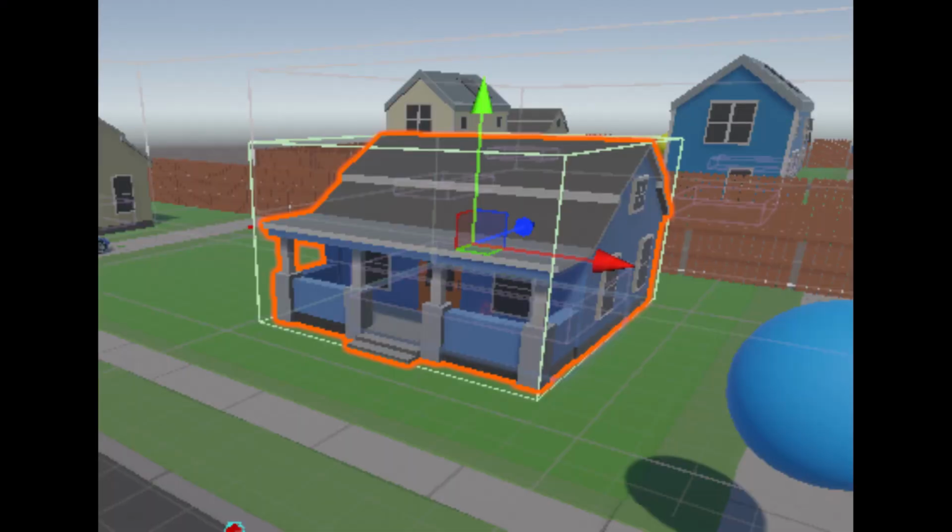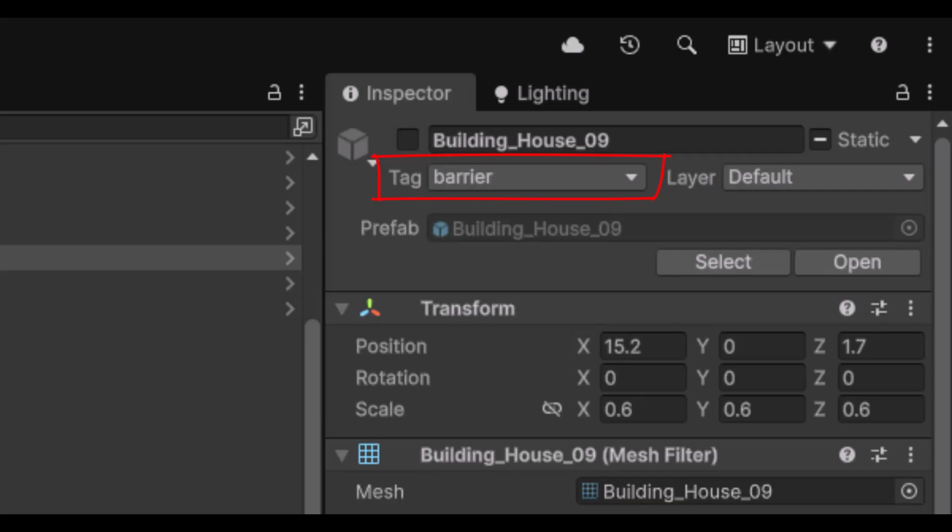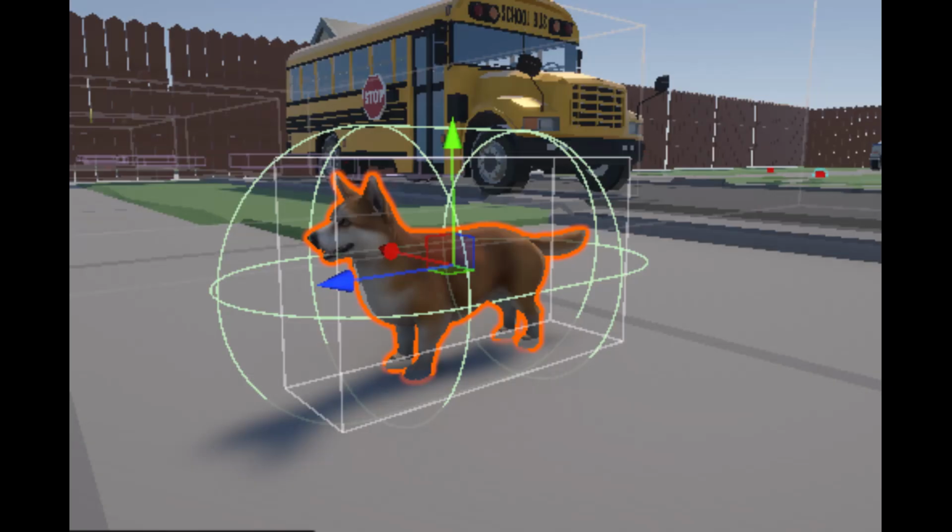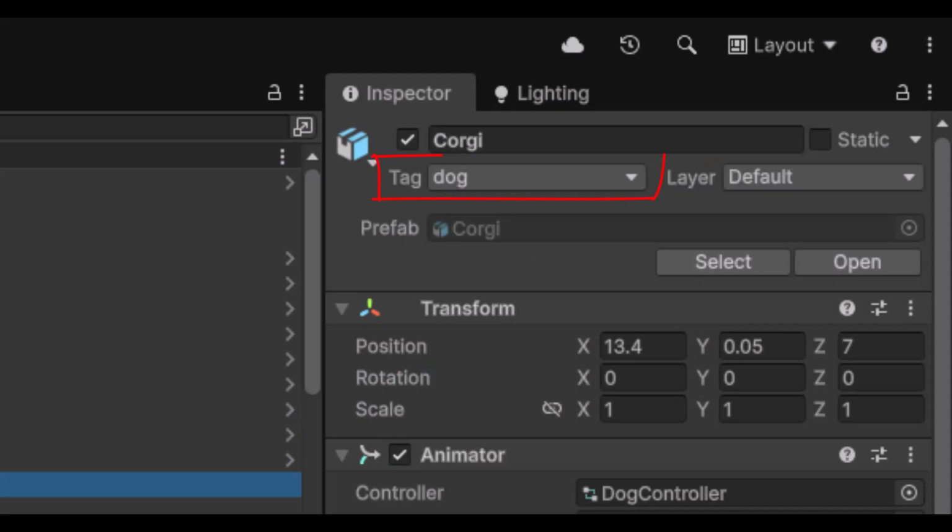The humanoid AI in my example has this type of raycast vision sensor to detect barriers that it might be approaching. The barriers in the environment, including the fences and the houses, were given the barrier tag. The raycast sensors also detect the dog.